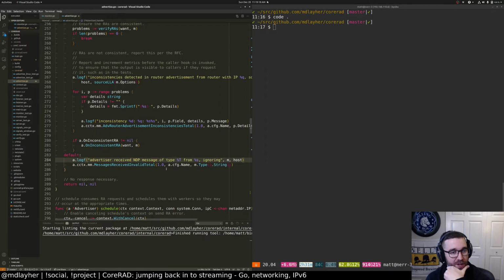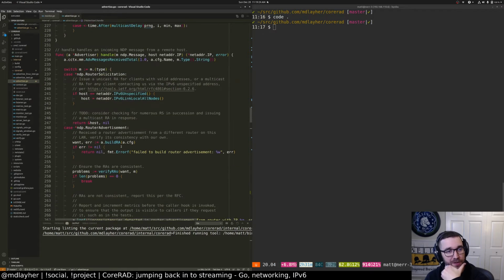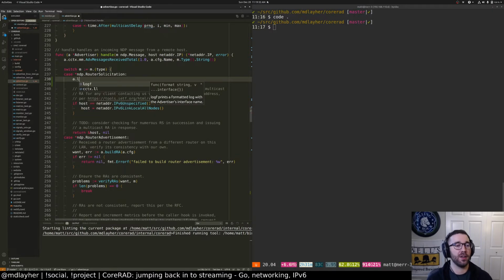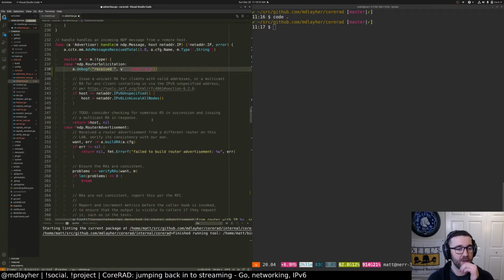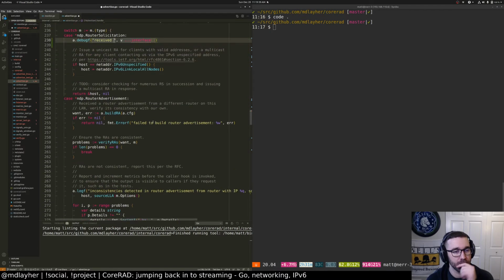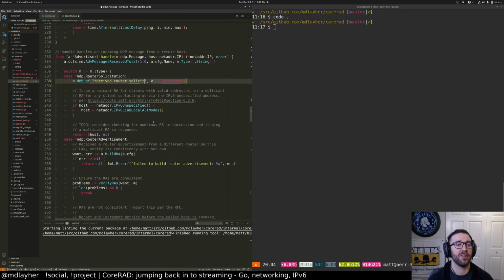Received NDP message of type, yeah. This almost feels like a debug message to me, saying it's ignoring something, but also I think we have an ICMP filter, so in theory we should never receive anything that isn't a solicitation or advertisement. So I think these are probably both worthy of, let's see here, so debugf, received router solicitation from,